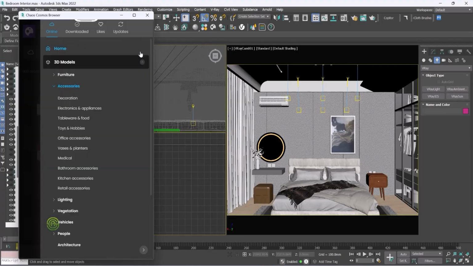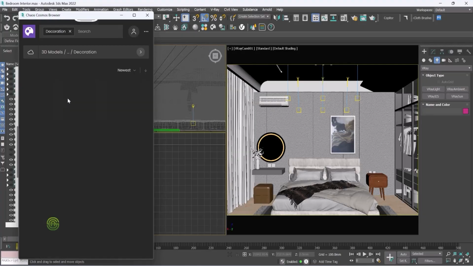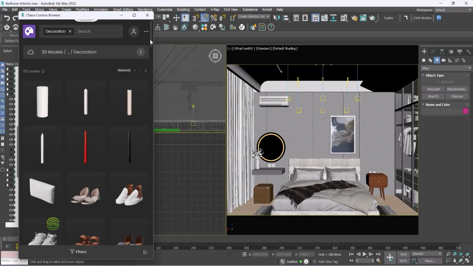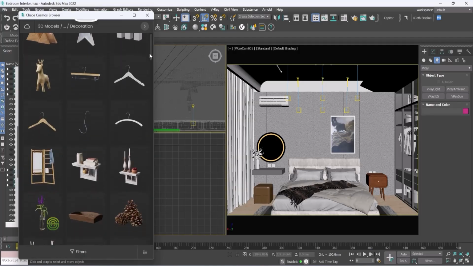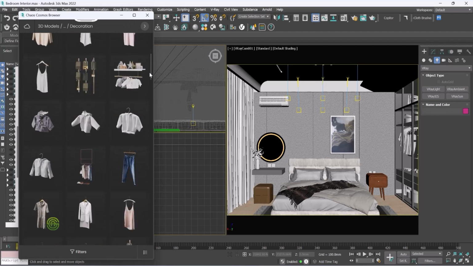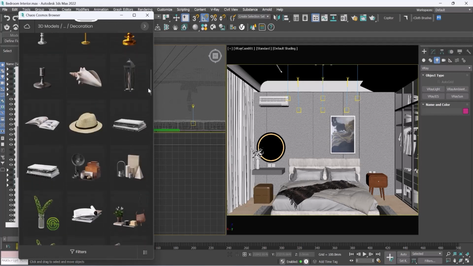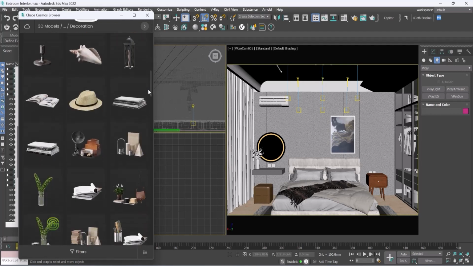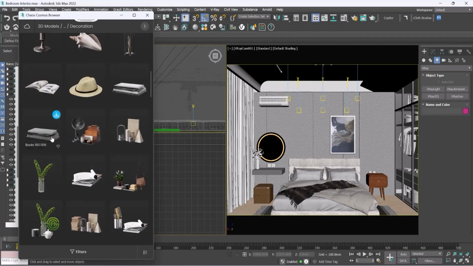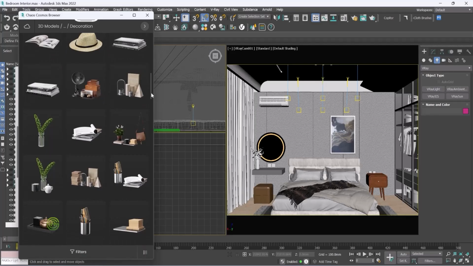So let's select a subcategory. Just click on this decoration and in this we'll find something which we can place on the table. So let's download these books